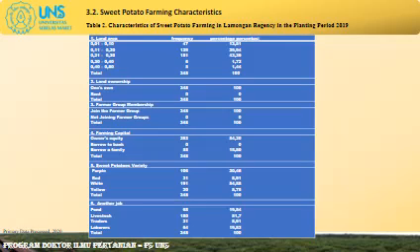Characteristics of sweet potato farming: the land area of 0.21 hectare to 0.30 hectare is 43.40%, and the average area is 0.21 hectare. Based on ownership, 100% is owned land. All respondent farmers participate in the farmers group, 100%. Own capital is 84.20%